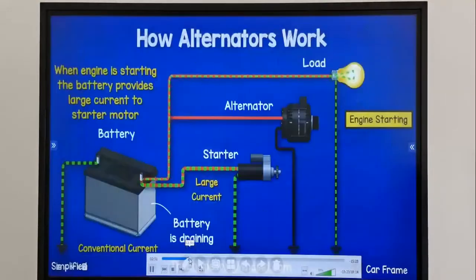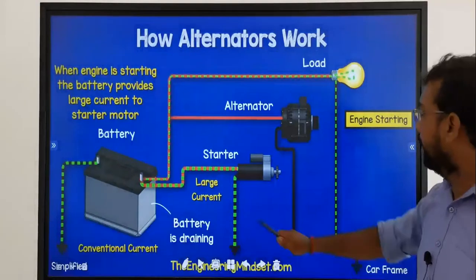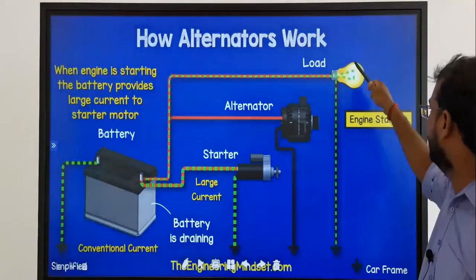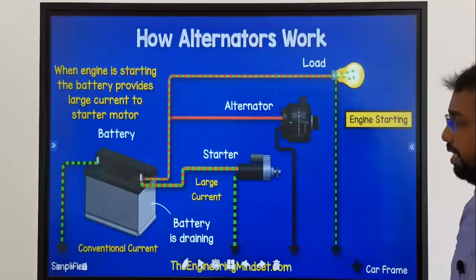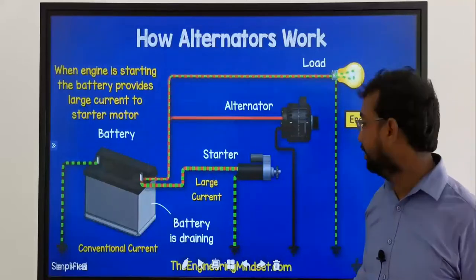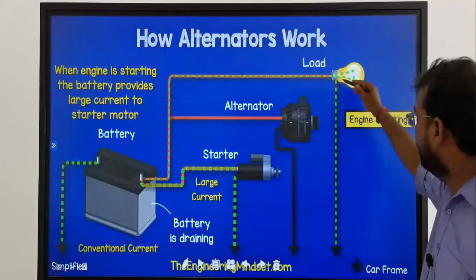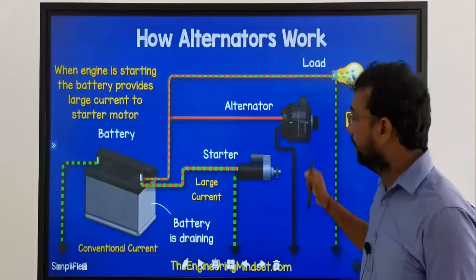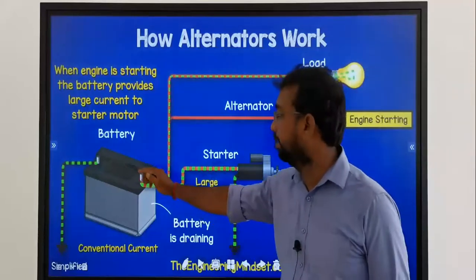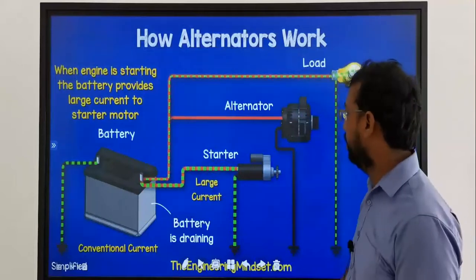Okay. So the main thing I have to tell is how this battery is charged by this alternator. So this is a starter motor, battery, alternator. There are some accessories or loads here. So when we start the vehicle, we need high electricity power to operate this starter motor. Everything is connected with the ground. Then the normal current supply, this is a plus point, that's a minus. So it gives the supply to the bulb or starter motor.